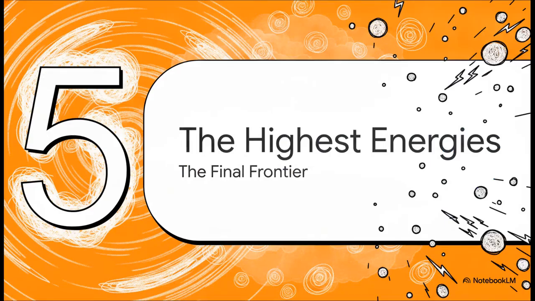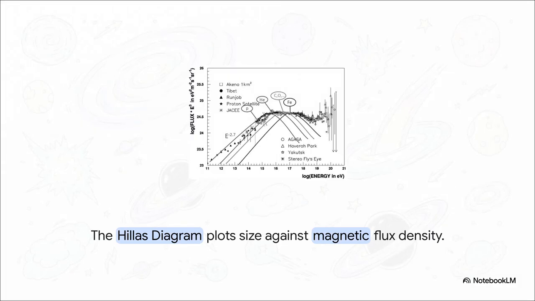Section 5. The highest energy particles. Okay, so we've pushed supernova shockwaves to their absolute limits, but what about those monster particles at 10^20 electron volts? Well, if we look at the famous Hillas diagram, which plots the physical size of an object against its magnetic field strength, we see a solid diagonal line. That line is the absolute mathematical threshold required to reach 10^20 eV. And as you can see, typical supernova remnants fall just a bit short.